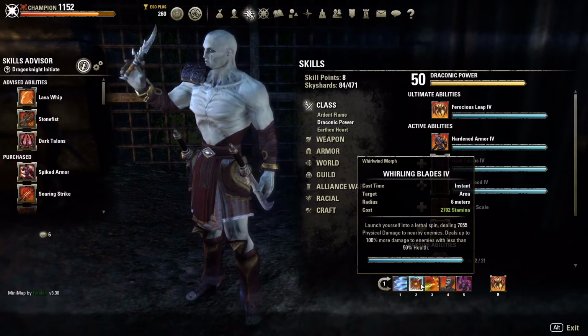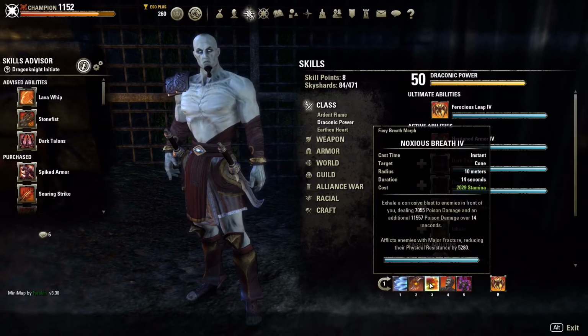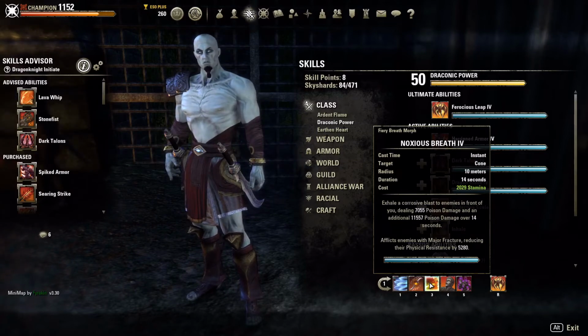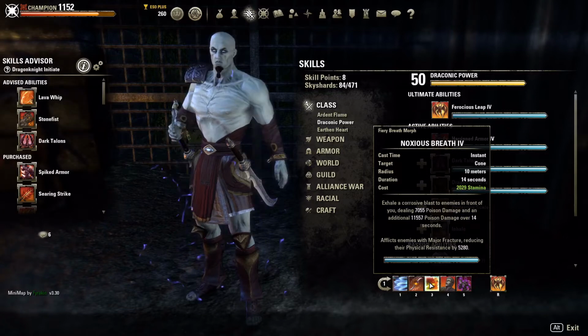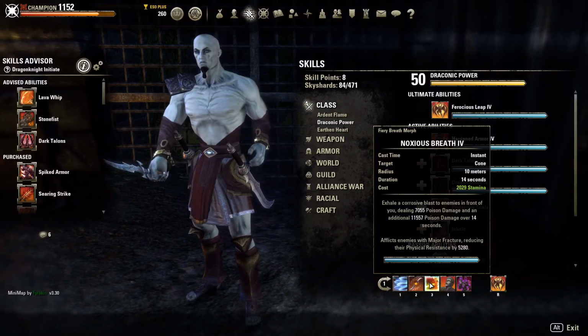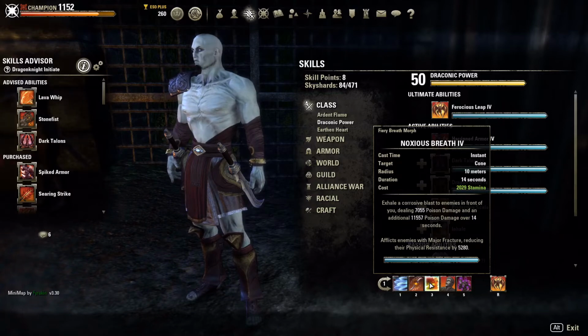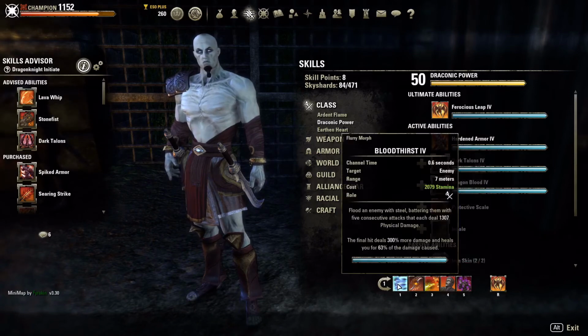This is direct damage, and so that's important to know. I'm using Noxious Breath, and you can see that 7,000 poison damage. The initial hit is considered direct damage, and then the 11,000 is damage over 14 seconds. It's damage over time. This afflicts the enemy with major fracture, reducing their physical resistance by 50-80. And so this is how we strip their resistances, how we start the fight, and then we start putting the